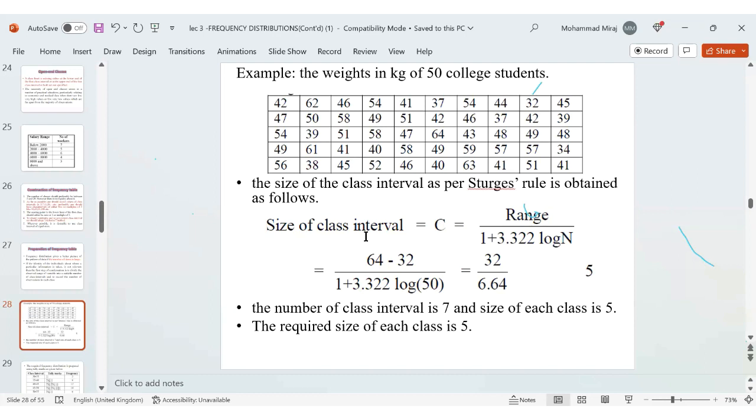लोगारिथम ये आपको कैलकुलेट करने के लिए बोलेगा नहीं, बट आपको अपनी नॉलेज के लिए स्टर्जेस रूल के बारे में पता हो तो इजी हो जाता है। तो 32 डिवाइडेड बाई 6.44, तो क्लास इंटरवल आपका 7 का है, और इस तरीके से साइज आप 5 बना लीजिए, ग्रुप्स बना लीजिए। जैसे कि आपने बना दिया 40 to 44, 45 to 49, तो इस तरीके से आप उसको ग्रुप में आराम से डिवाइड कर सकते हैं। सो डिपेंडिंग ऑन कि आपका क्लास इंटरवल क्या निकल के आता है और साइज आपका कितना निकलता है।